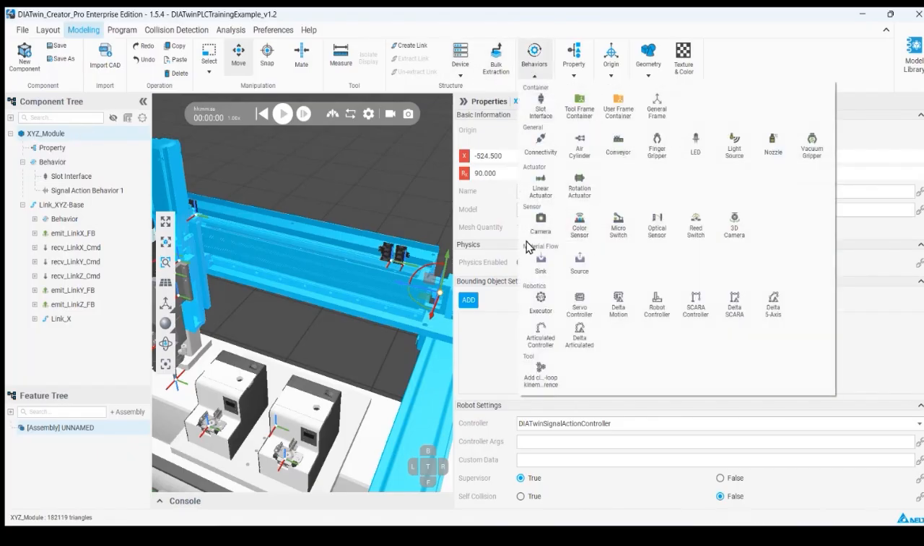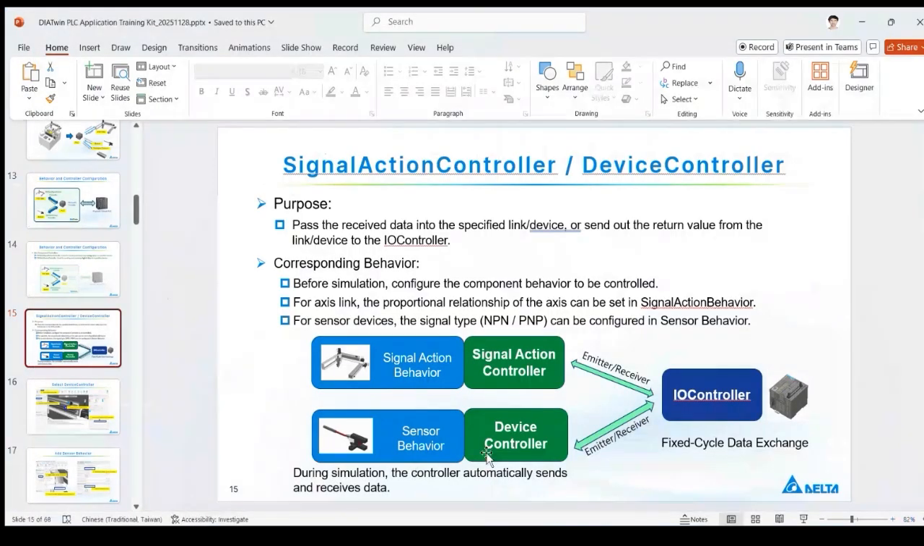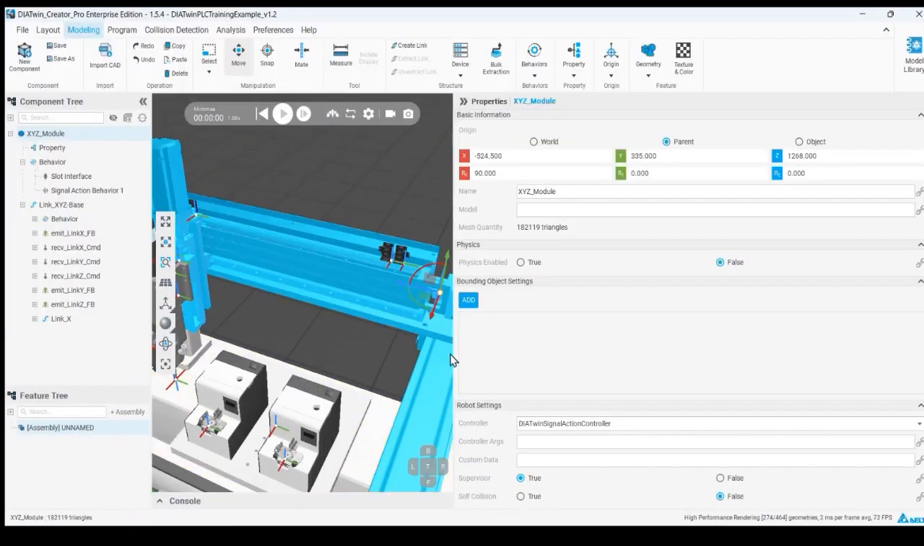And what I said is like a sensor, actuator, general, these three kinds of specification, we use the device controller for it, and we have to create the corresponding behavior. And like yesterday's training, we also have to connect this receiver emitter signal to our top controller, which in our model,